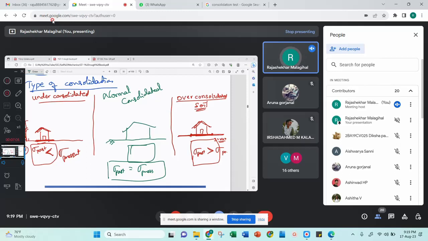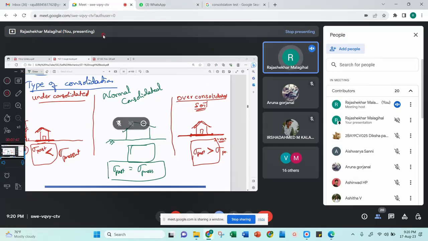Normal consolidated soil is somewhat good, but when you are dealing with under consolidated soil, you have to be very, very careful. When a field is converted into a plot, let us consider a black cotton soil field. That field is converted into an NA plot. Then you have one 30/40 site, and you want to construct a building. There you have to take care of that field. You have to do all the experiments and worry a lot. But with over consolidated soil, it's not that much.